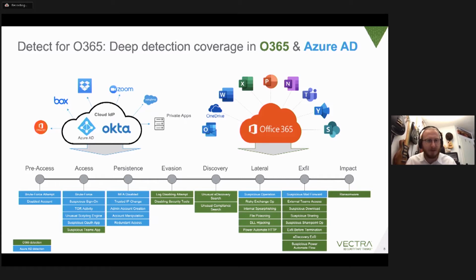And the great thing is for those cloud applications, the installation is kind of a click. Because what we do is we adapt to the logs. Because you might know, hey, Office 365 doesn't provide me any network traffic anymore. I just see a client connecting to some Microsoft IP addresses, and that's it. And so what we do is we connect to the logs in the backend and run our use cases based on logs. So we shifted the algorithms from IP addresses, hosts, to accounts, privileges, and permissions.